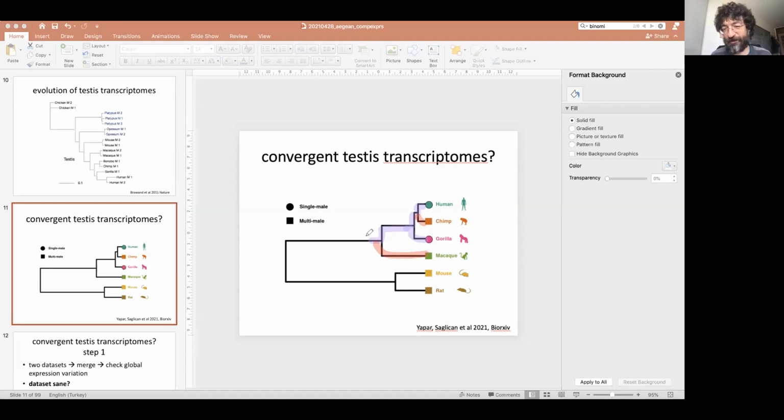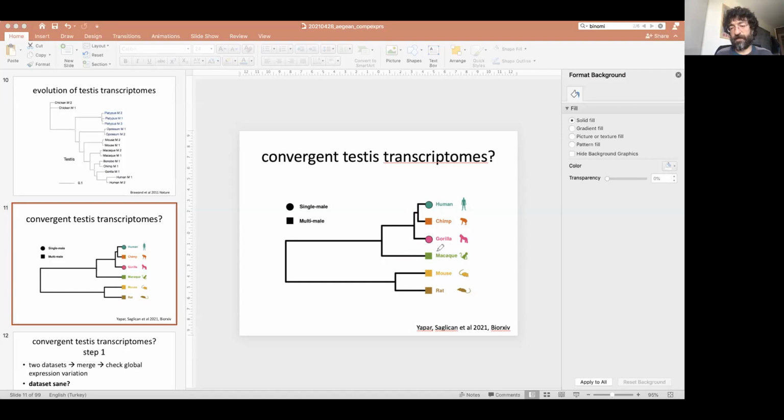So whatever you call reversal or convergent evolution would depend on what kind of state you assume in the common ancestor of all these species. And this is hard to guess, and it would even be possible to assume that there might have been multiple changes also on the macaque lineage, for instance, given that even these very closely related species diverged within the last 8-9 million years or something, they show such divergence.